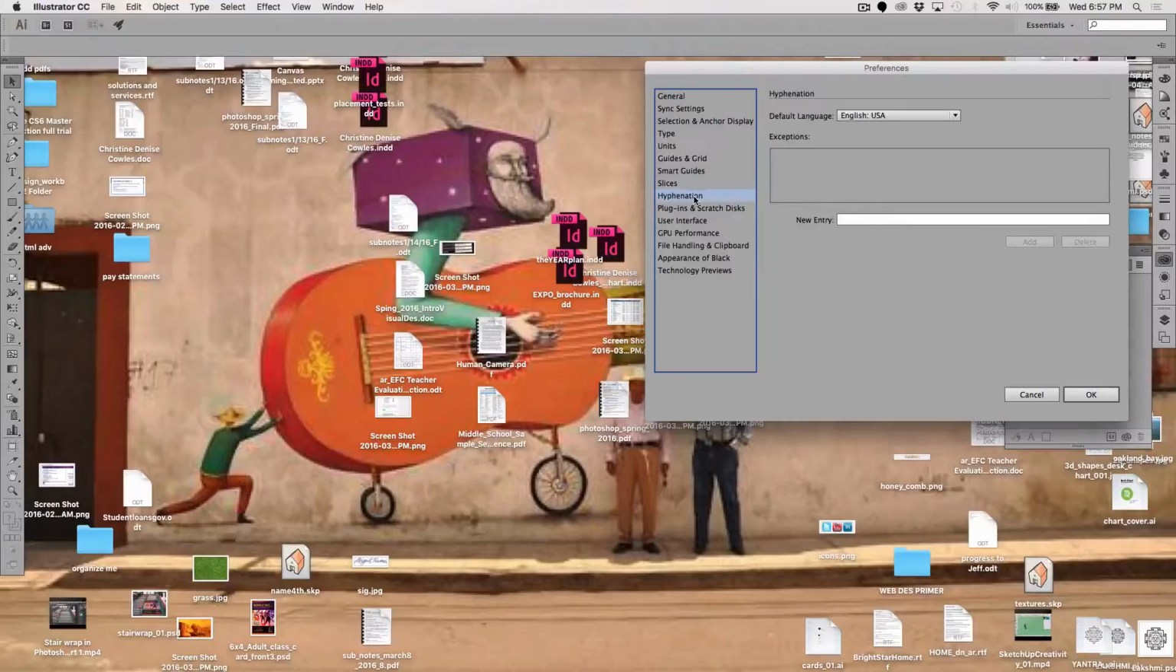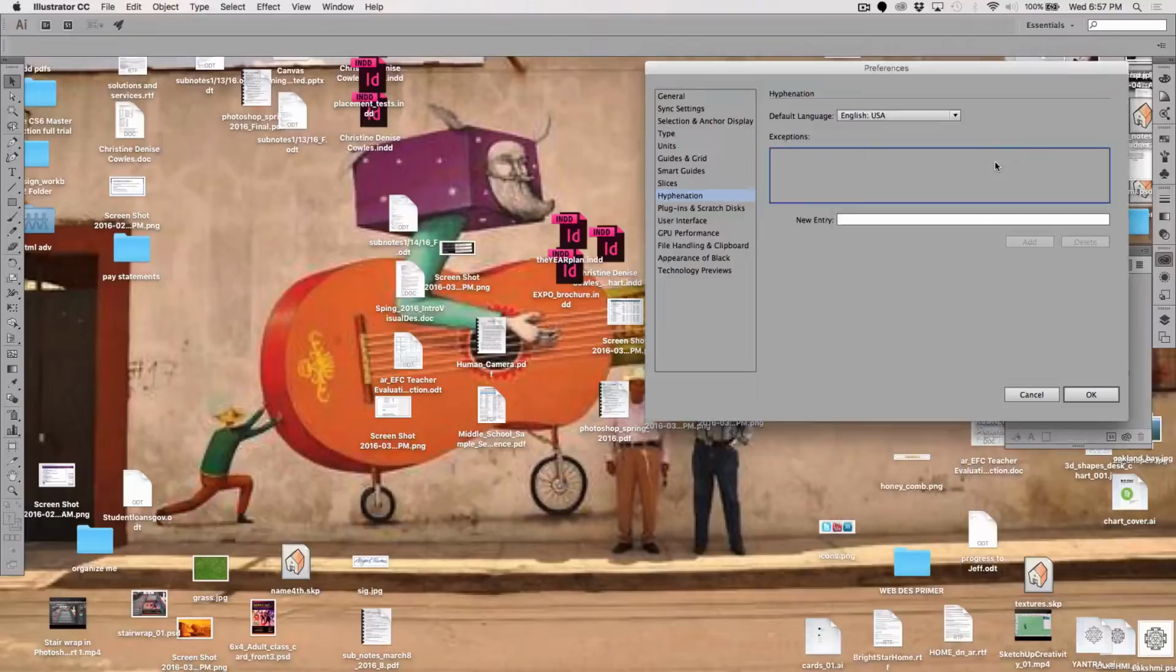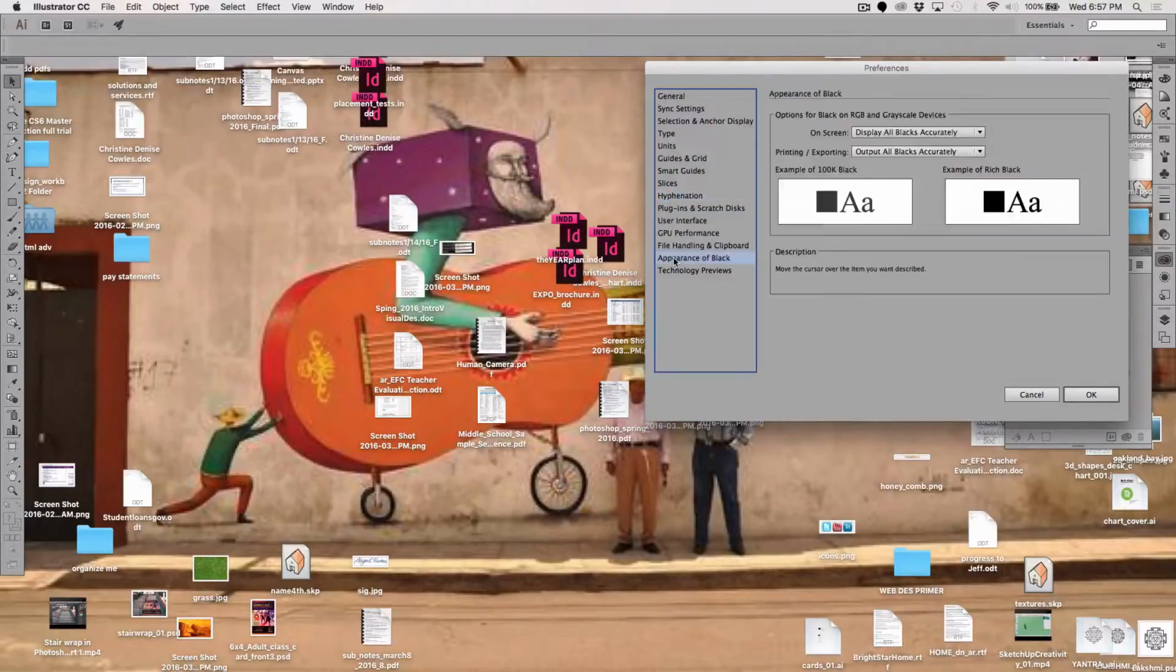Hyphenation, based on UK English or USA English. I'm going to leave it as USA. And this one, appearance of black. Okay, now,